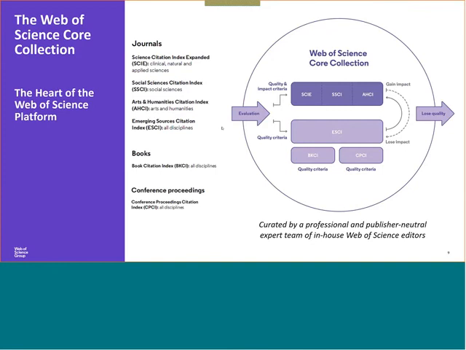Because on Web of Science, we are independent of any publisher. Therefore, the way we evaluate our journals is purely based on whether it is a good contribution to the research community. We use very strict selection criteria to select these journals before they are indexed in Web of Science. So if they do not fulfill these quality criteria or impact criteria, they can never be indexed in Web of Science core collection. So for you, it becomes very convenient and very reliable when you're choosing journals to publish in. Look at Web of Science as your first stop to identifying these journals.